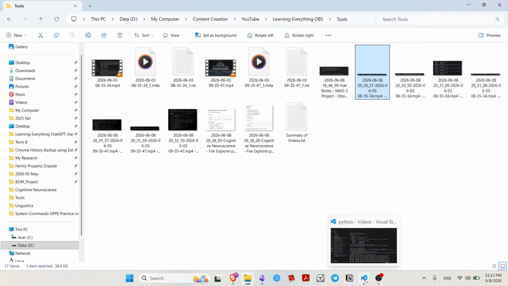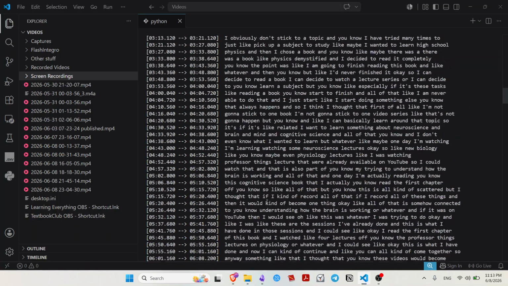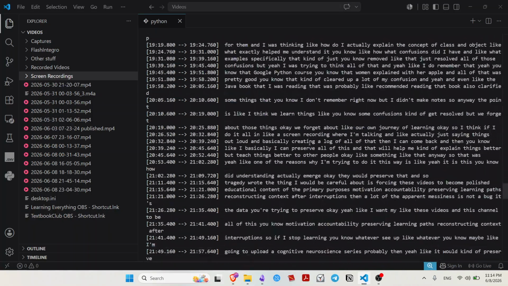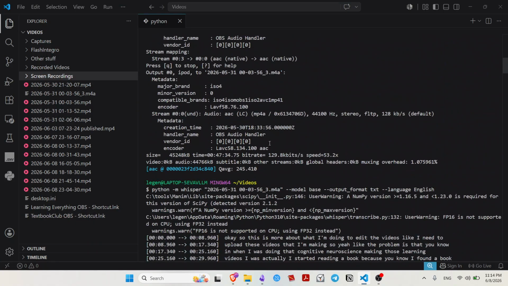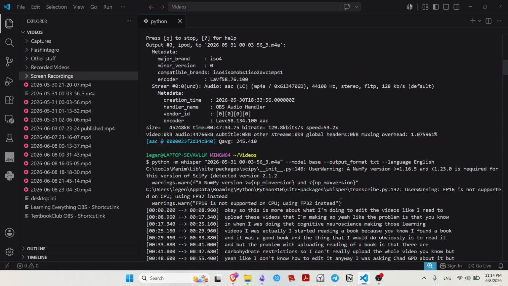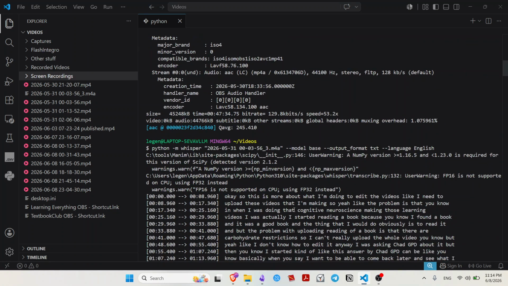But then I also wanted to generate transcripts like I am doing right now. And so how do you do that? I installed OpenAI Whisper, and I don't remember how I did that. ChatGPT just gave me some kind of command to install Whisper, and after it is installed, I can just do python -m whisper, write the name of the audio file, and I think I have to write an audio file, it wouldn't work with a video file. So, audio file,